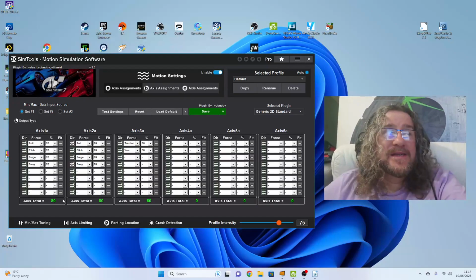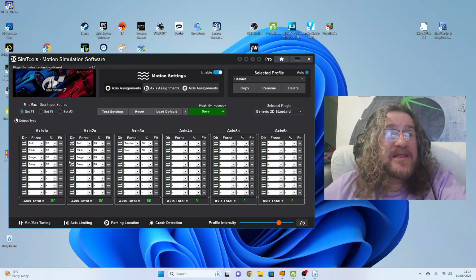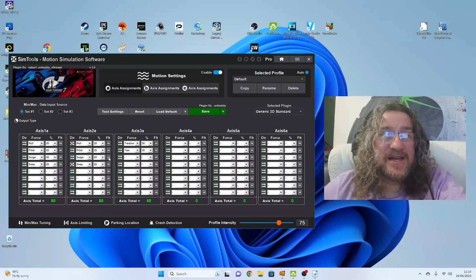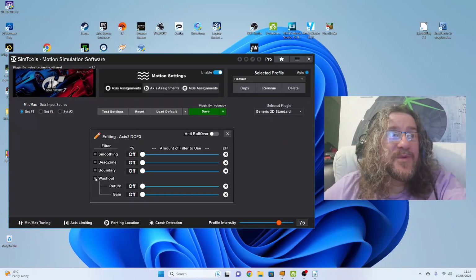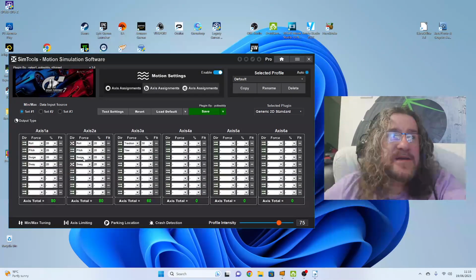able to do anything. Now I think some of these should have filters on it, but I haven't got into that yet. I need to go back and look, but I think I had washout on some of these. I don't know how to turn this on. I think I used to use washout on surge,